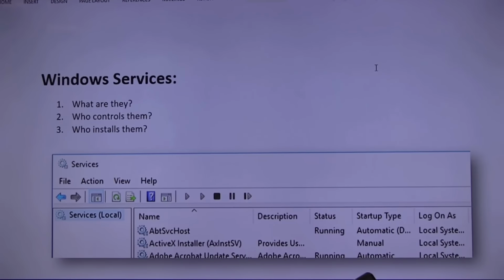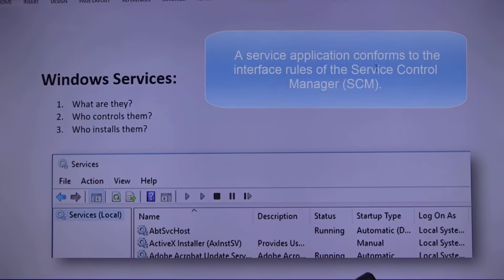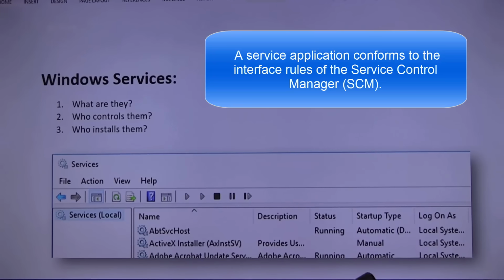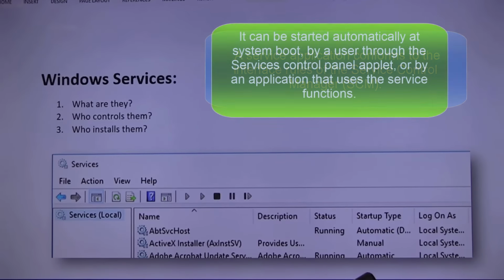What are services? If I was to corner you in the corner and say, technically, as a tech, describe to me what is a service, you would say, services are processes. Yes, they are. Services are processes. That's true. Let's talk about services.